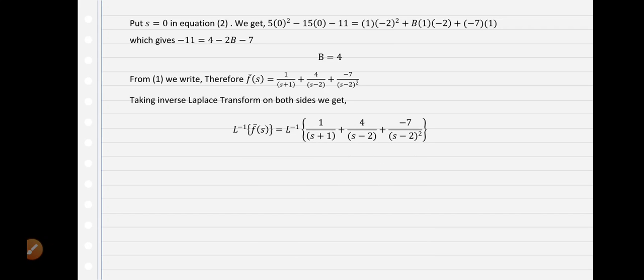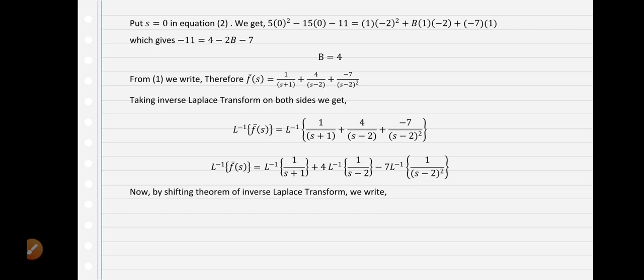So taking inverse Laplace transform and then applying linearity property of inverse Laplace transform, that is taking the constant multipliers other than 1 out of the L inverse operator and writing L inverse separately for each and every term. Now see here, the first and second curly bracket is similar to the standard result 1 upon s plus a or 1 upon s minus a. So we can easily write their results using the first shifting theorem.